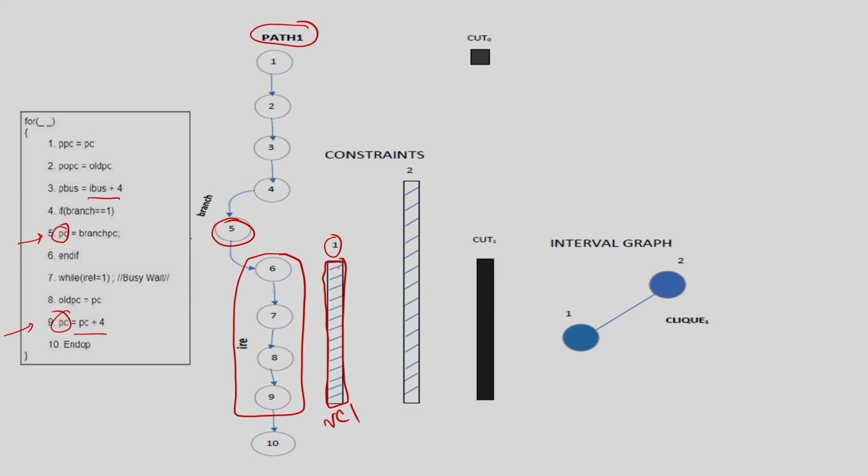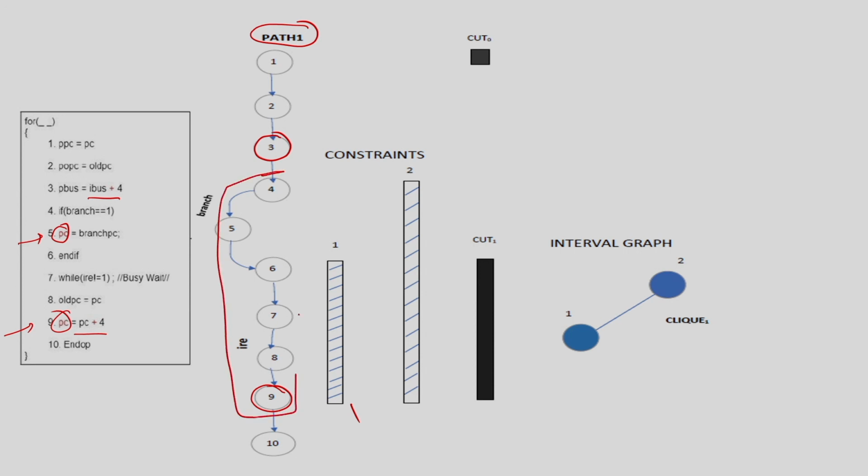So, this is my 3, which is an addition operation, and this 9 is another addition operation. I have to cut somewhere between 4 and 9. This is my range where I should cut. That is my resource constraint 1: you can cut at 4, you can cut at 9 also, because cutting at 9 means cutting here, so 9 goes to the next time step. Effectively this is what the resource constraint is saying. Now you can understand that if there are say 4 such addition operations and only one adder, you will have many resource constraints.